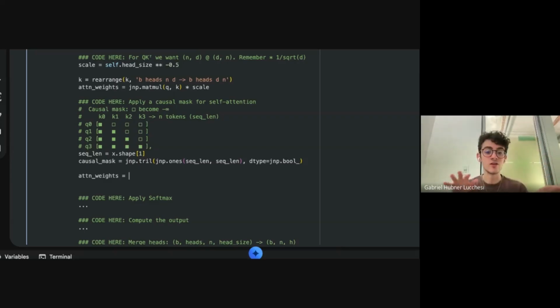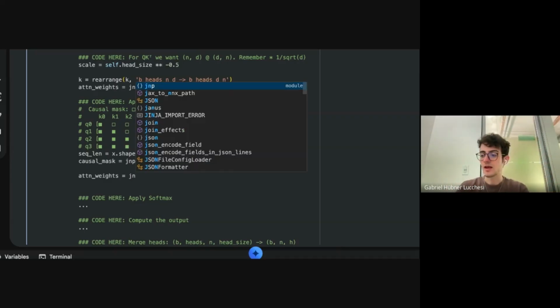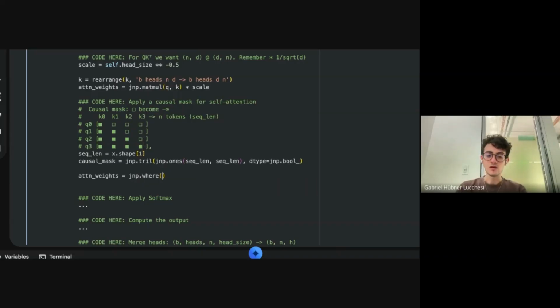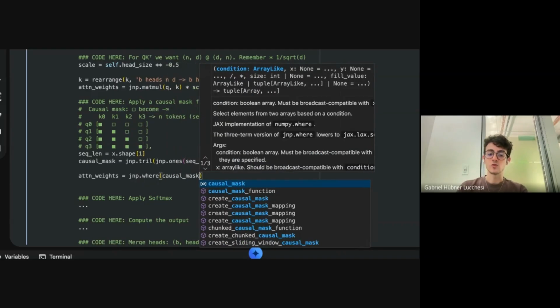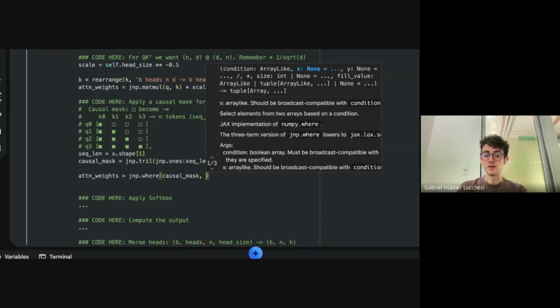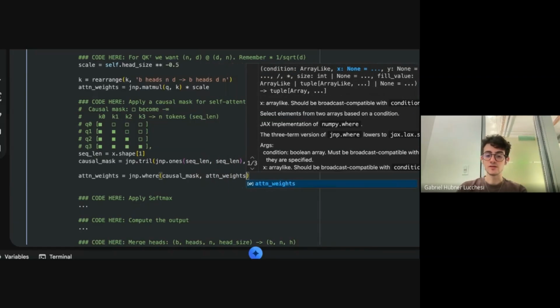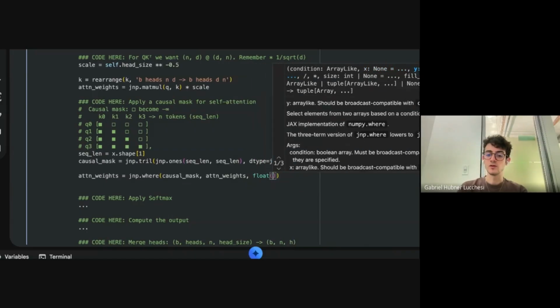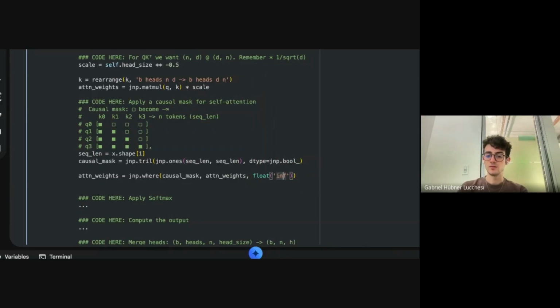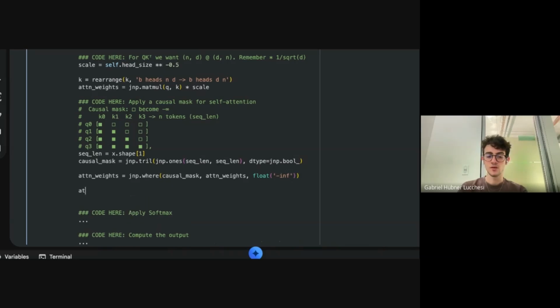So the model really does not look at those tokens. There's not going to be any weights. There's a jnp.where causal mask. So wherever I see a mask being false, attention weights are going to be converted to float negative infinity, like this.